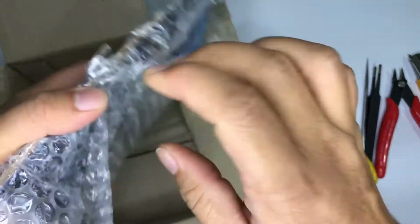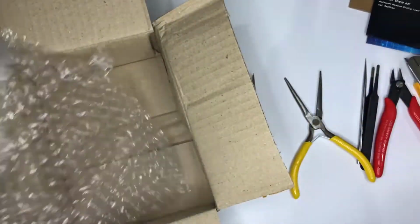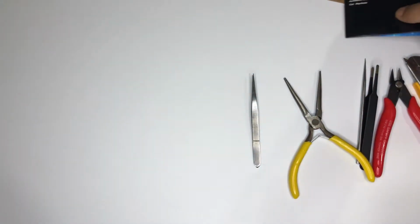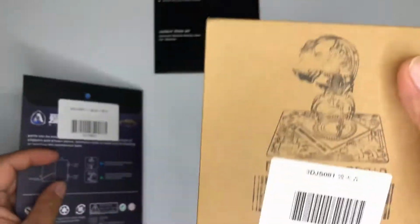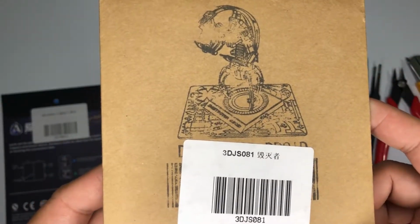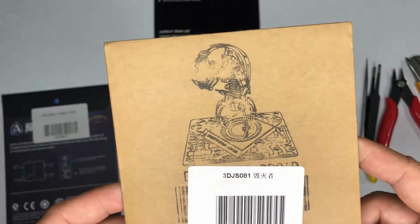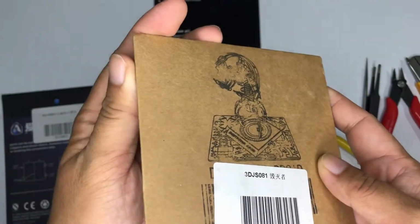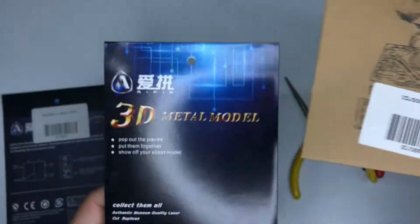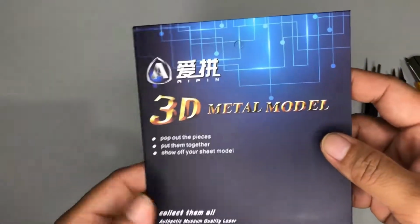Alright, so these are the 3 models that I have just ordered. Okay, let us just check them out. Alright, and this one is, okay, this is the Droideka, or the other name for this is Destroyer Droid. Alright, so this is from Star Wars also. So we have Star Wars, Star Trek, and for sure, so this one is the